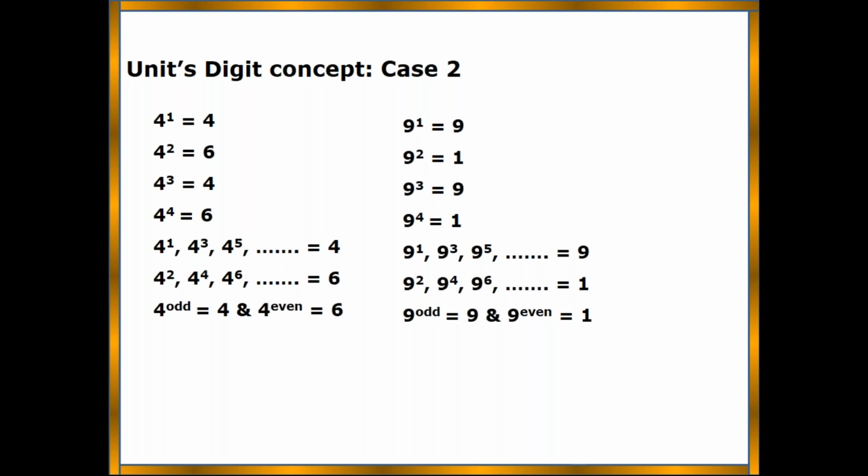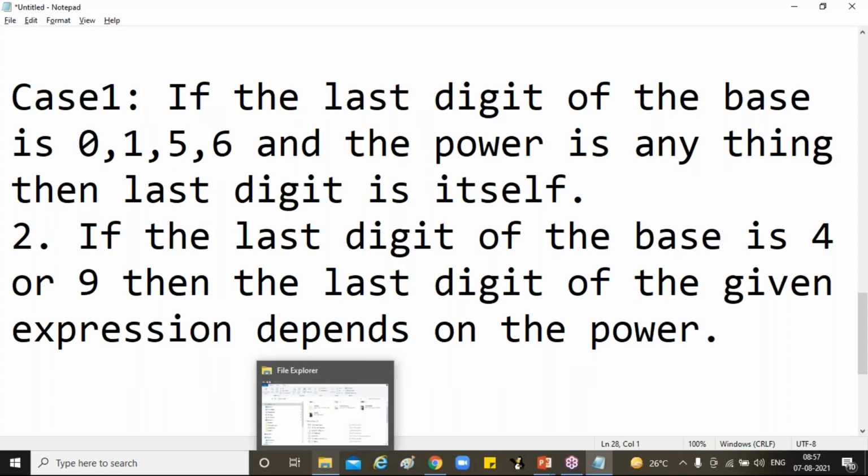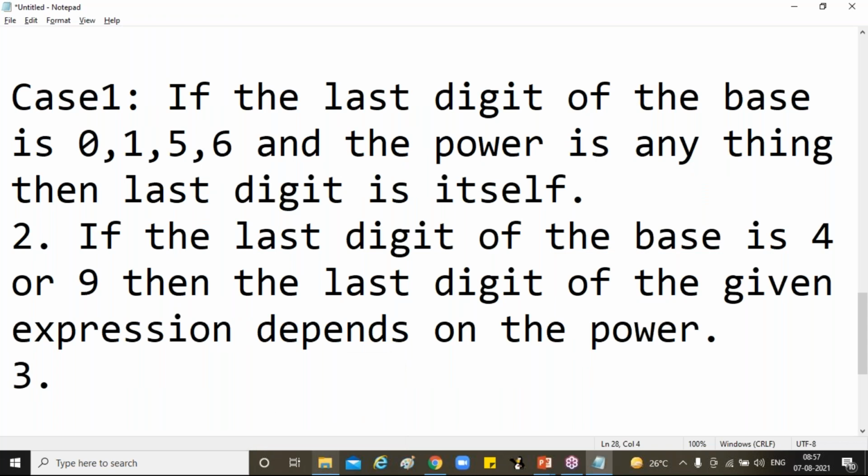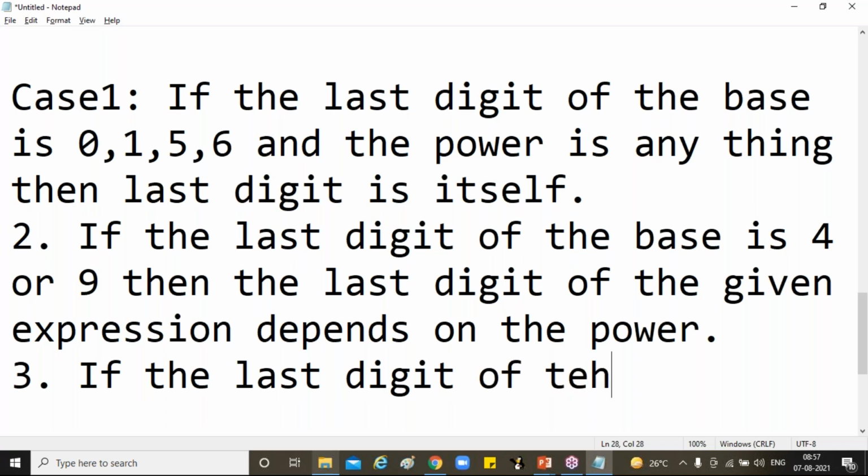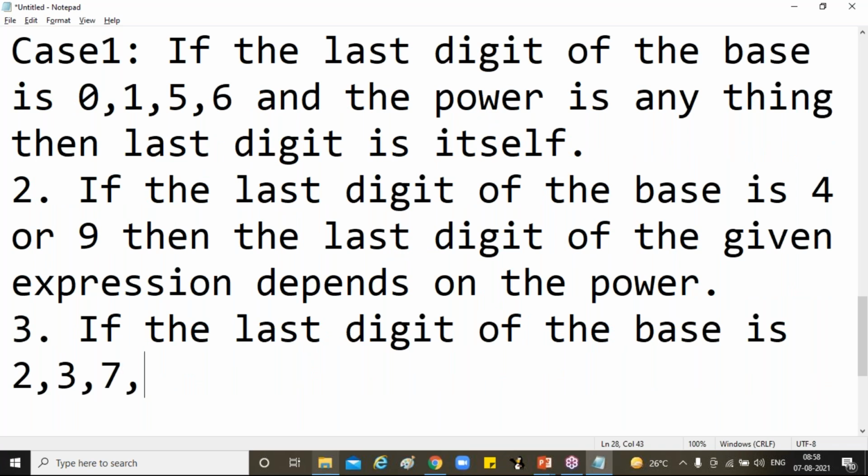Write down point number 3. If the last digit of the base is 0, 1, 5, 6 completed, 4, 9 completed, 2, 3, 7, 8. These are the only 4 pending. The logic for 2, 3, 7, 8 is the same. If the last digit of the base is 2, 3, 7, 8,